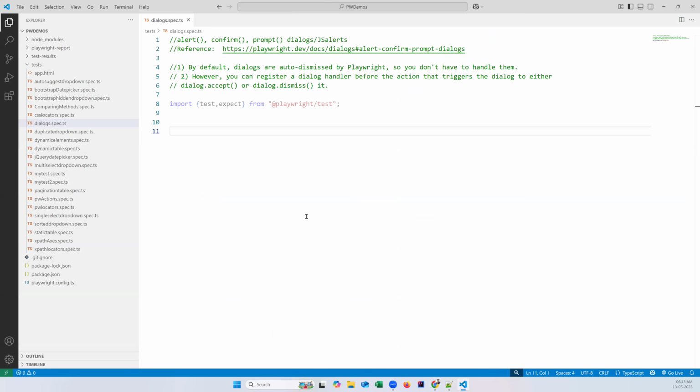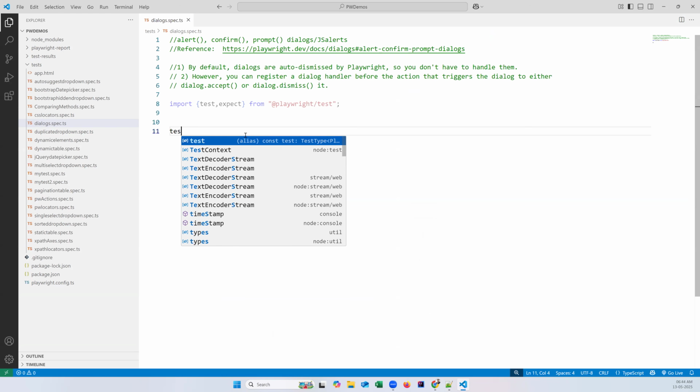So let us see how we can handle them in Playwright. This is totally different from Selenium. In Selenium, we have methods called switchTo, switch to alert, switch to window, switch to frame, to handle windows, frames, and everything. But handling these three elements in Playwright is totally different. All right, first, let me start writing one test method